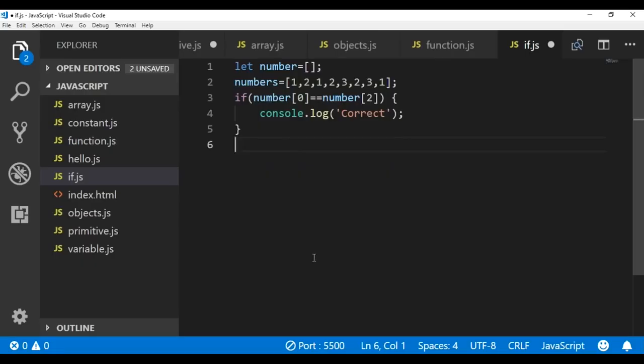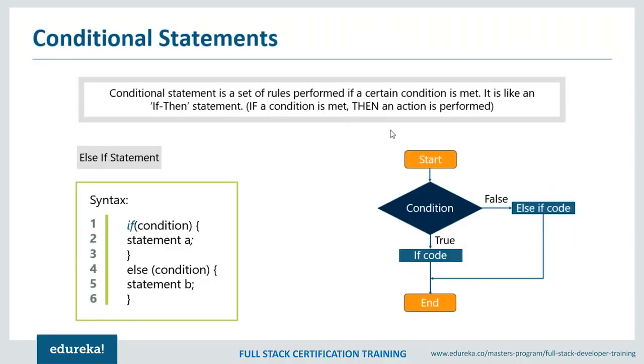Now where do I use the else statement? Now else is used to execute a block of code if the same condition is false. Okay, so this is the syntax of if else. So if there's some condition there, if that condition is met, then this statement is executed. Now if this condition is not met, then if you want to do something else, you use the else statement. So when this is false, this will happen. Okay, so instead of exiting, you're going to perform another operation.